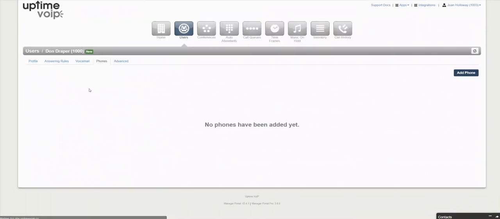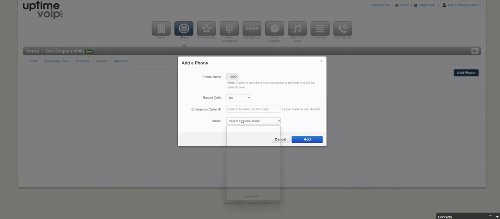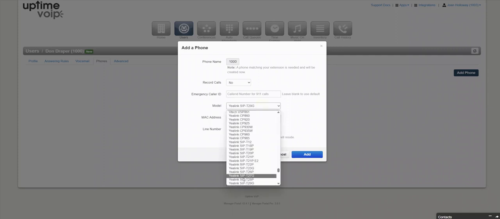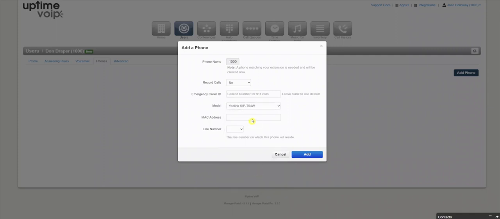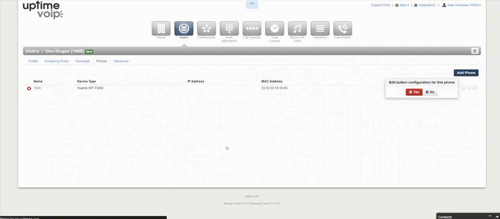Phones, if the user has multiple phones, you can check them out in here. You can see there's not one in here right now. We'll go ahead and add a dummy one. We'll add a Yealink. Let's add a little nicer phone. We generally go with the T54W. Okay, obviously dummy MAC address, but once we have that added, we can come into Snap Builder and we can